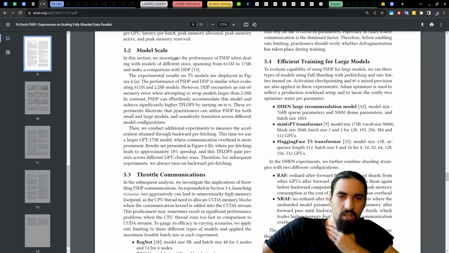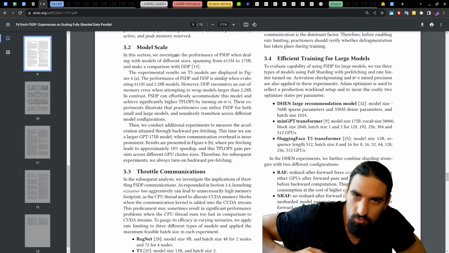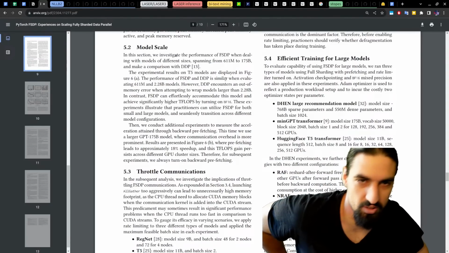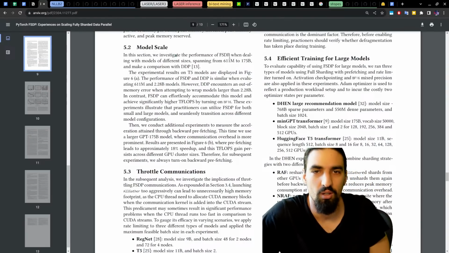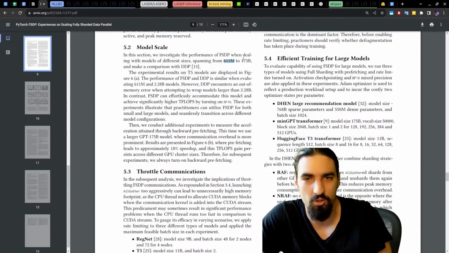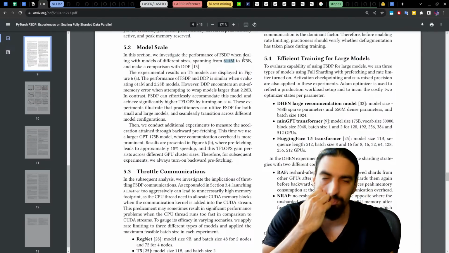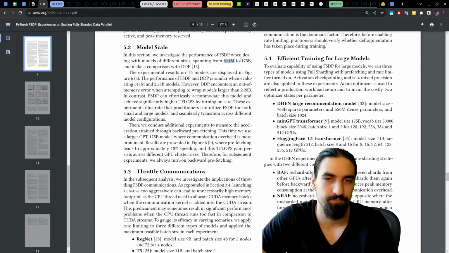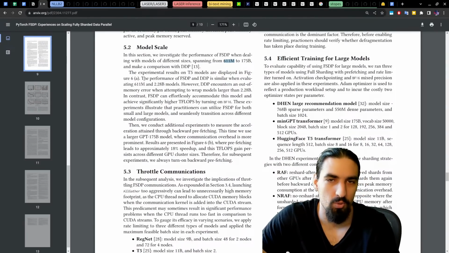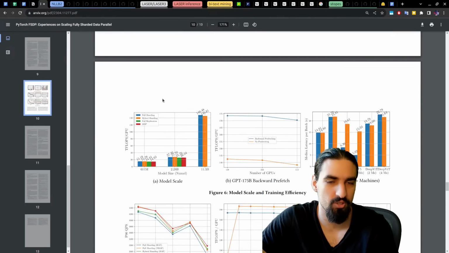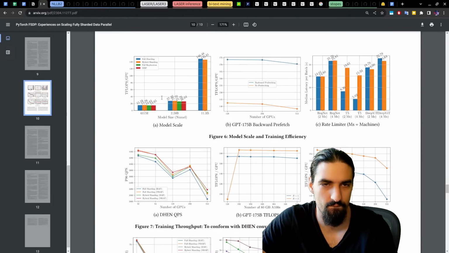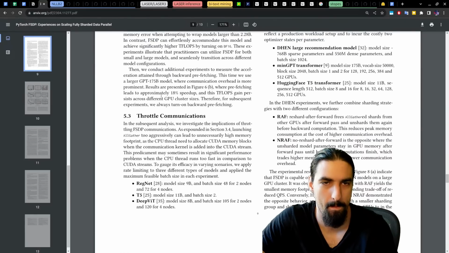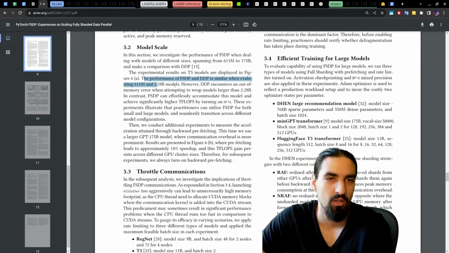Okay, model scale. We investigate the performance of FSDP when dealing with models of different sizes, spanning from 611 million to 175 billion, to make a comparison with DDP. Results with T5 models in figure 6a. The performance of FSDP and DDP is similar when evaluating the smaller models.